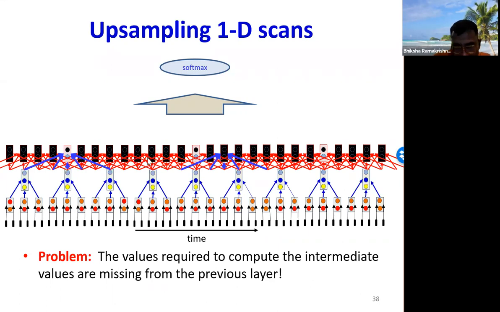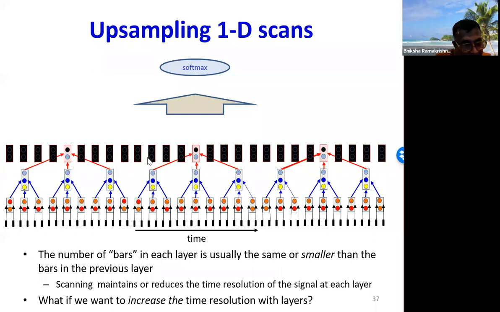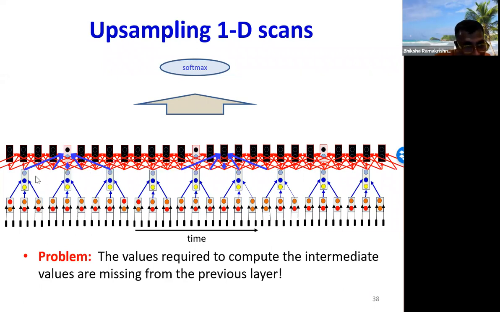Each of my boxes, if you'll see the previous slide, each of my boxes got 3 inputs. So let's say I decide my boxes need to have 5 inputs, right? So this pink box has got something to read over here. It's got something to read over here. It's got something to read over here, but at these 2 positions, it has nothing to read because those were not computed in this layer. Or this black box over here, 4 of the 5 elements that it wants to read are